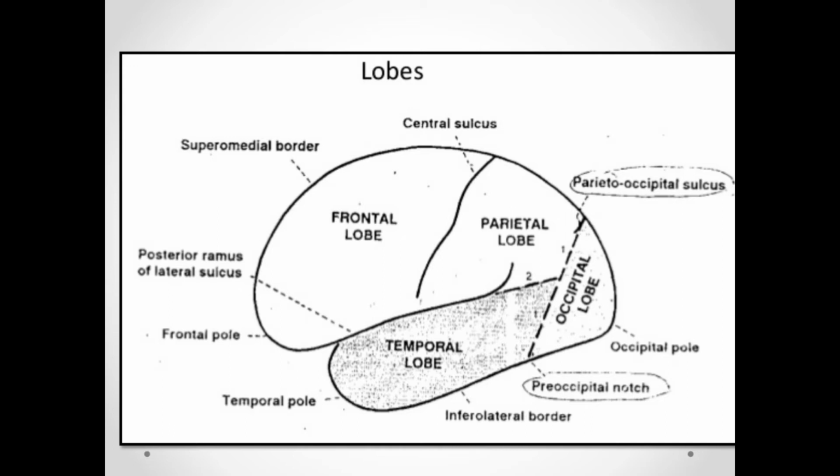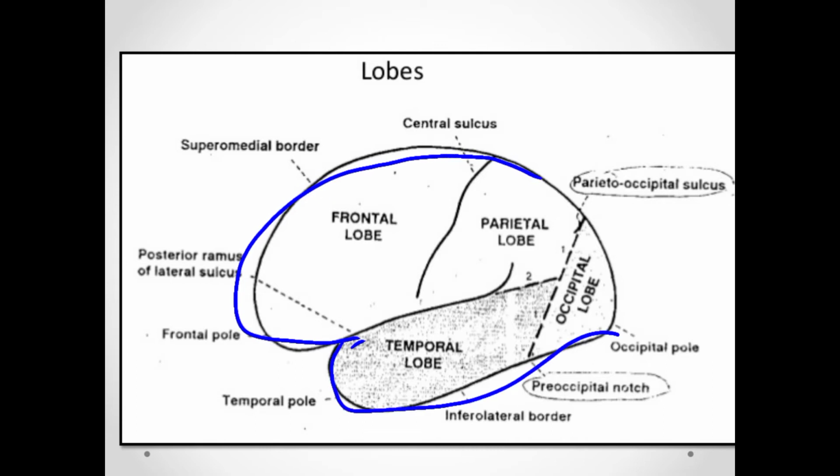Okay, next. From here, we are looking at the cerebrum. The cerebrum consists of lobes. There are 4 lobes in the cerebrum. The 4 lobes in the cerebrum are called the frontal lobe, parietal lobe, temporal lobe and occipital lobe. How do we divide the lobes? First you have to draw the cerebrum. So if I draw a diagram, this is the cerebrum you are drawing.